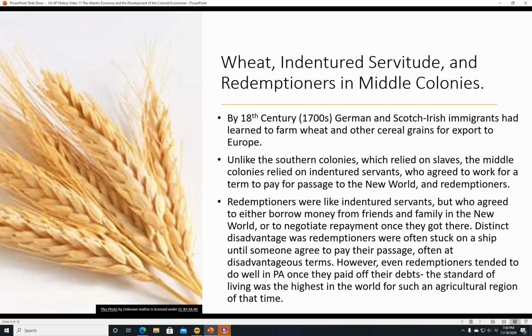who were a little bit different from indentured servants. Redemptioners were like indentured servants, but unlike the indentured servants who paid their passage up front and negotiated their terms up front, so how long they would have to work before they were freed, the redemptioners agreed to either borrow money from friends and family in the New World or to negotiate the repayment once they got there. The distinct disadvantage of this method is that the redemptioners would get to the New World, let's say New York Harbor or Philadelphia or somewhere like that, and they'd be stuck on that ship until someone would agree to pay